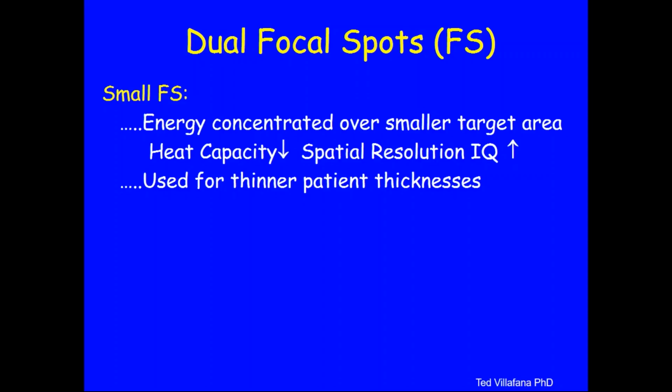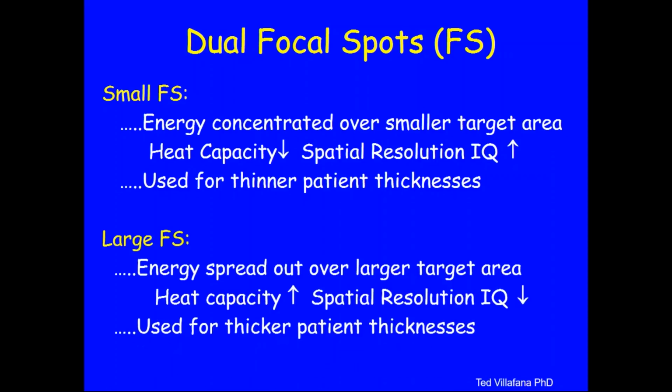If you have a very thin patient, if you're doing extremities, if you're doing a wrist, for instance, where it doesn't take very much radiation to penetrate a relatively thin cross-section, well, then that means that you're not going to impress that much of a heat load on the target, so it can withstand your choice of a small focal spot. So thinner is where and less dense is where you would use the small focal spots to capitalize